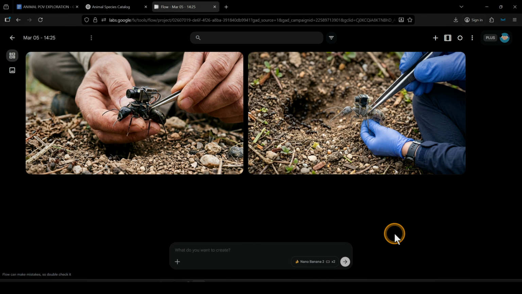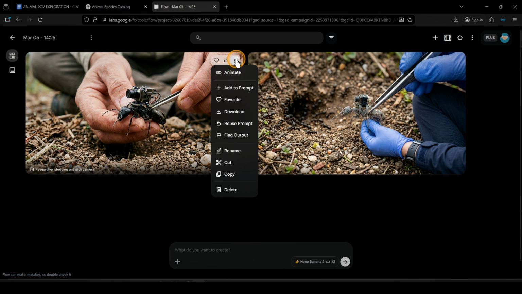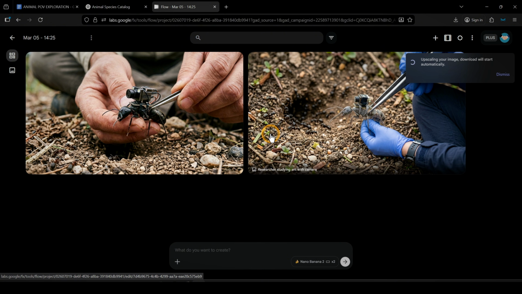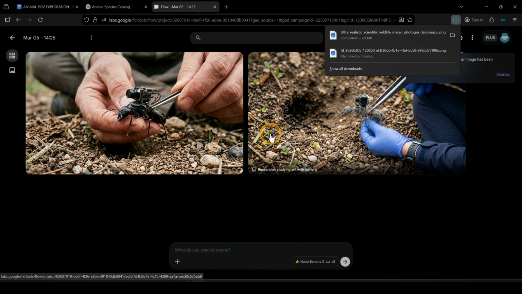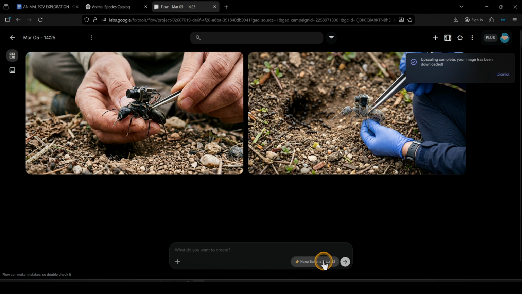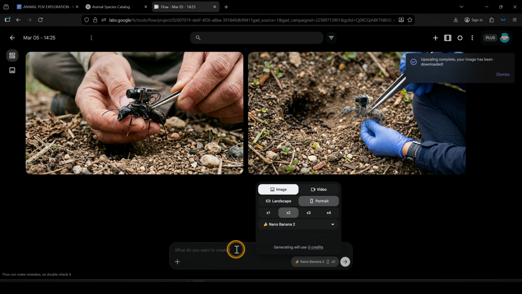All right, now we've just gotten our first output, and I generated my image in the landscape ratio. Now, if you wanted to use this for shorts, you could simply switch the aspect ratio to portrait so the image comes out in that vertical format. This image actually looks really good. It shows a human holding an ant and attaching a small camera to it, which is exactly what I asked the prompt to generate. And just to be safe, I'm also going to run the exact same prompt again, but